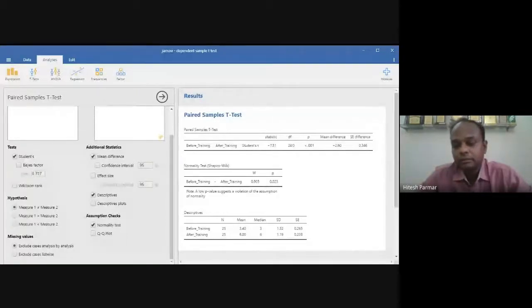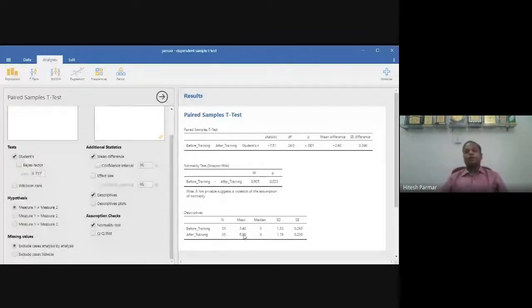Are you getting my point? If the p-value is less than 0.05, it indicates the difference is significant. Now the difference is significant, it means that the mean can be lower also, or the mean can be higher also. To confirm this, simply by looking at these mean values, you can confirm. Obviously, the after mean is higher, so the training is effective.